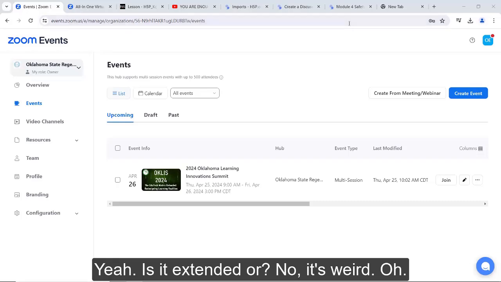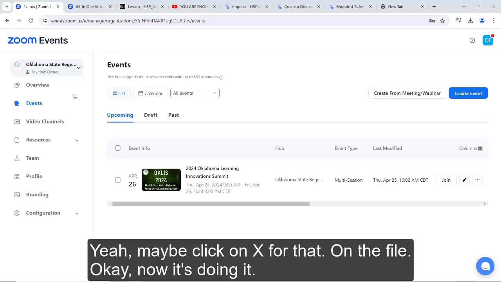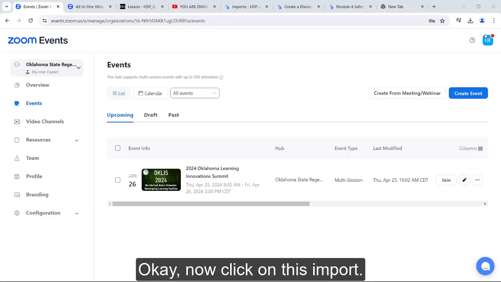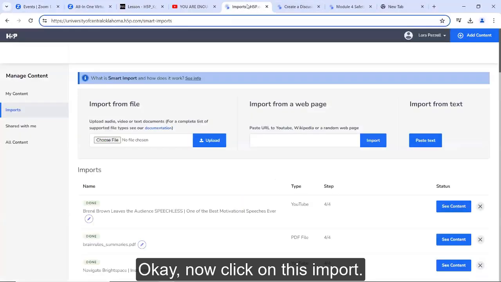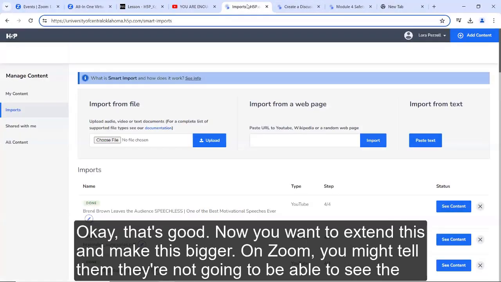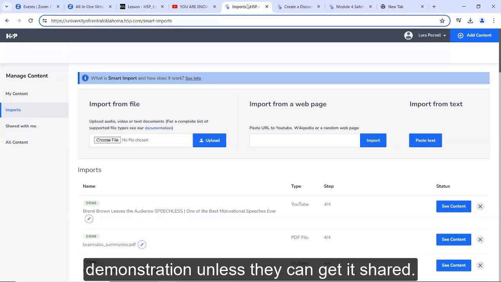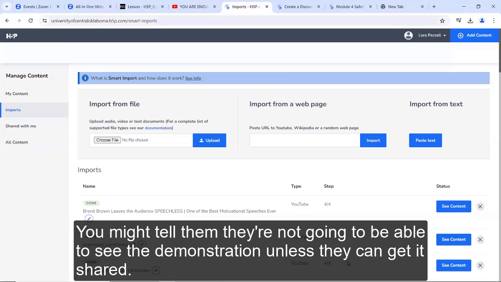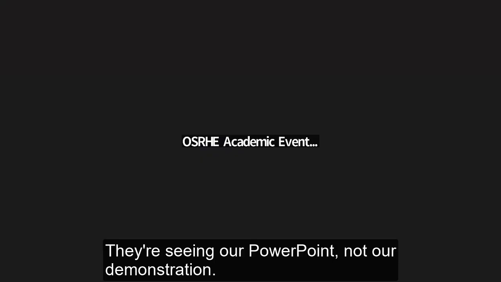Yeah, maybe click on X for that. Now click on this imports. Okay, that's good. Now you want to extend this, make this bigger. On Zoom, you might tell them they're not going to be able to see the demonstration unless we can get it shared. They're seeing our PowerPoint, not our demonstration.